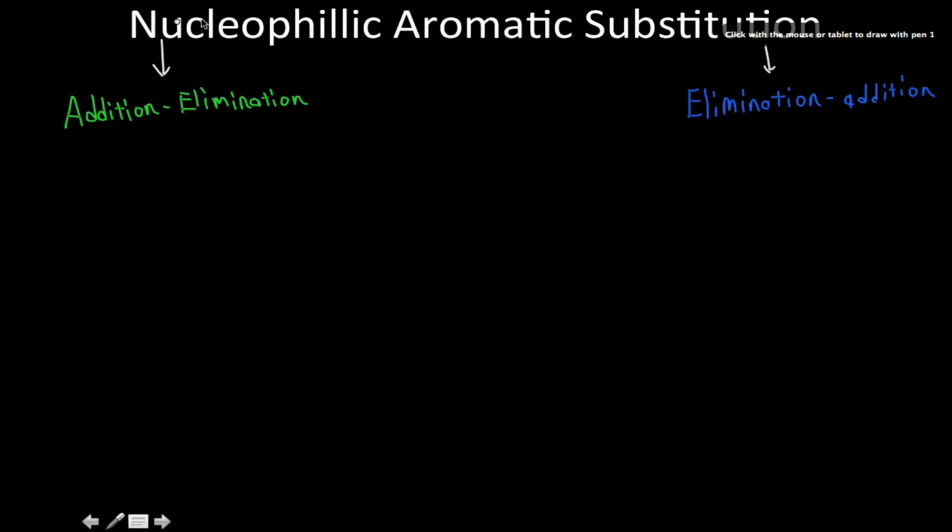So really briefly, let's talk about nucleophilic aromatic substitution. And there's two ways that we can have these types of reactions. The first one that I want to talk about is called an addition-elimination reaction. And before I go into this, I just want to make a note kind of off to the side here